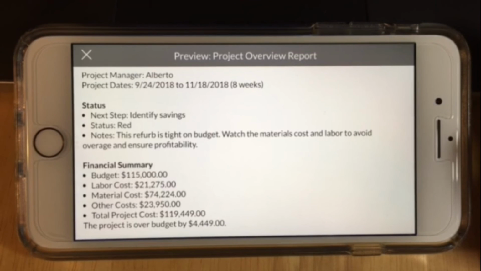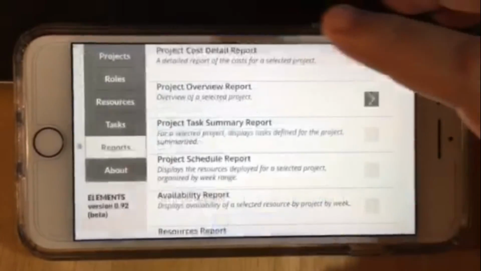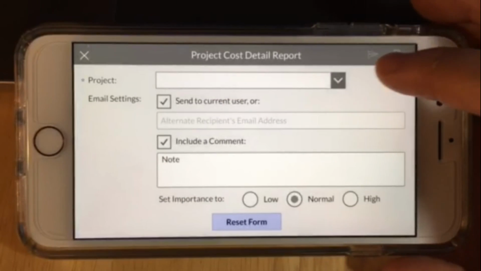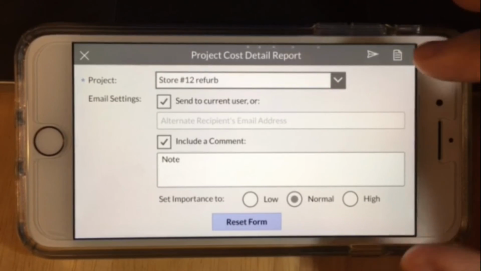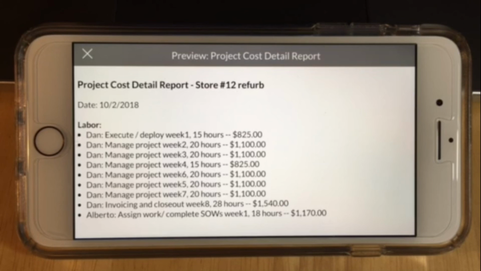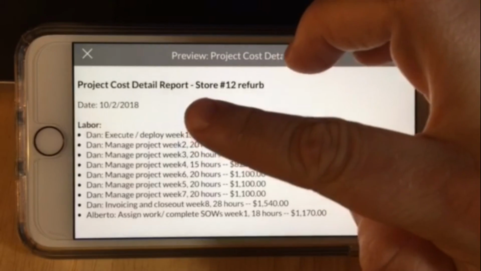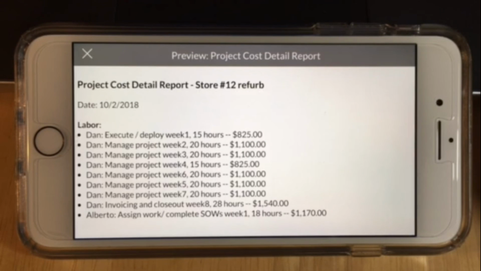To look closer into why the project is over budget, let's review the project cost detail report for the same project. As previously noted, we can always email it to ourselves by pressing the send icon, but we can go ahead and look at it within the app for today. If we press the preview icon, the report shows us its title, today's date, and all the costs entered into the program so far for that particular project. We can see all the assignments under labor,